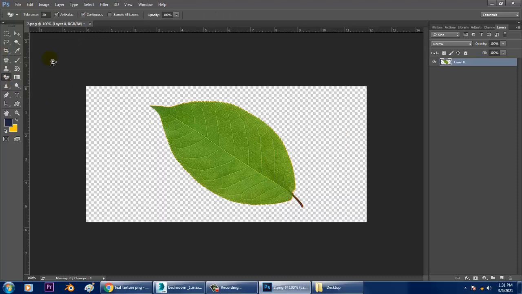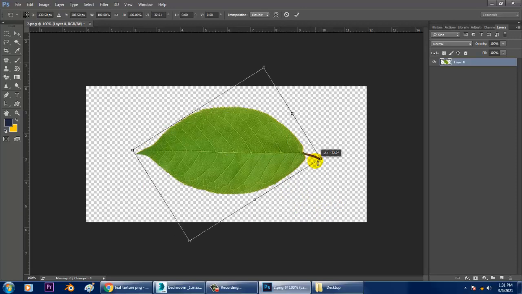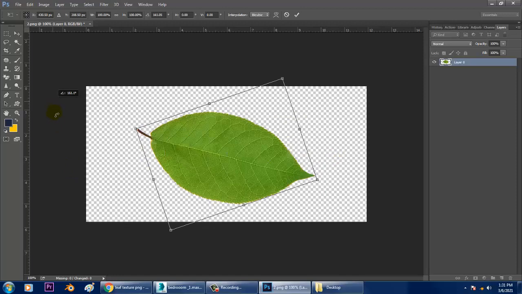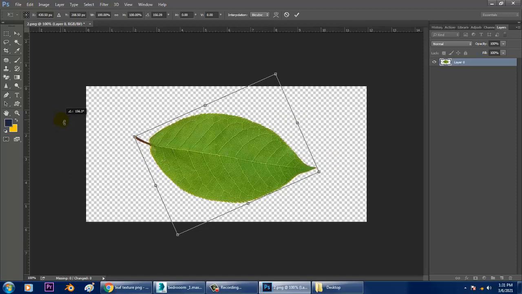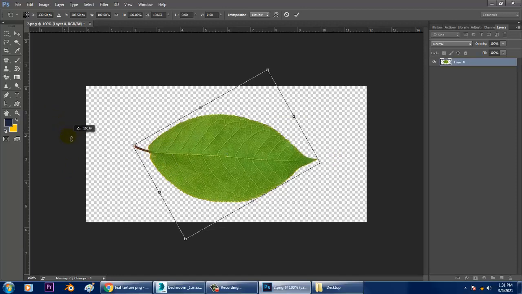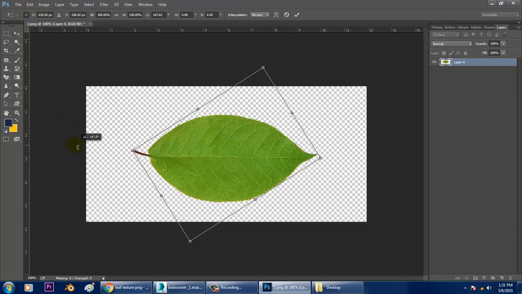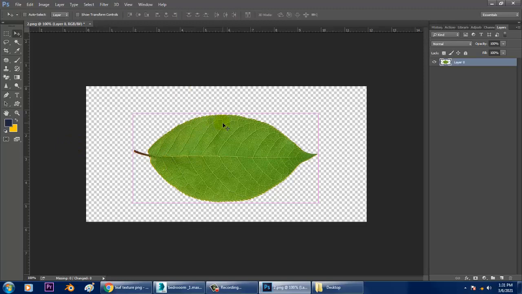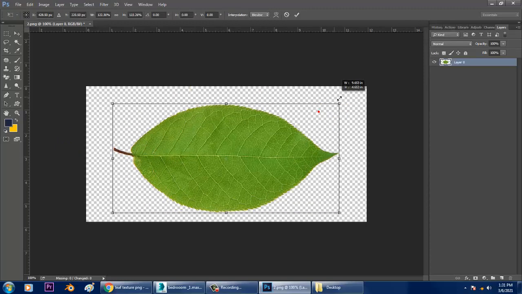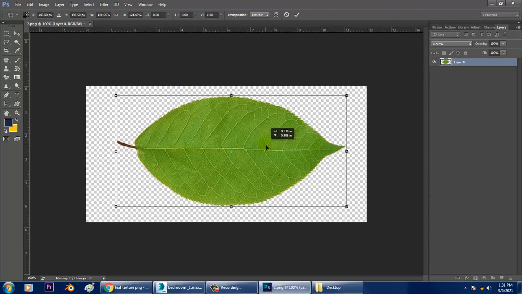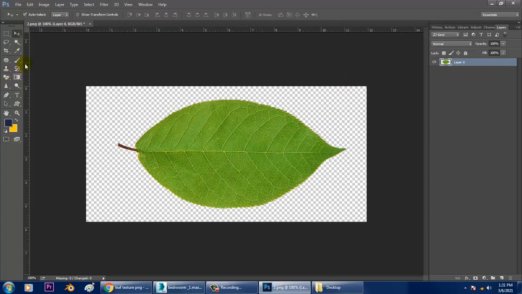Just erase the background over here. Just crop that.